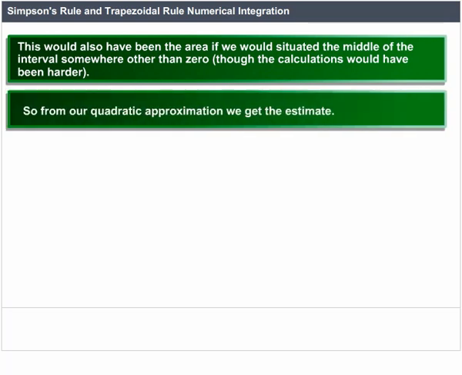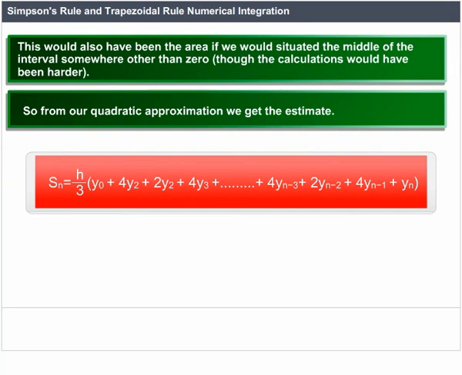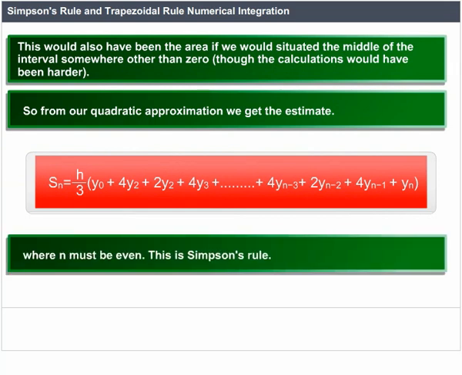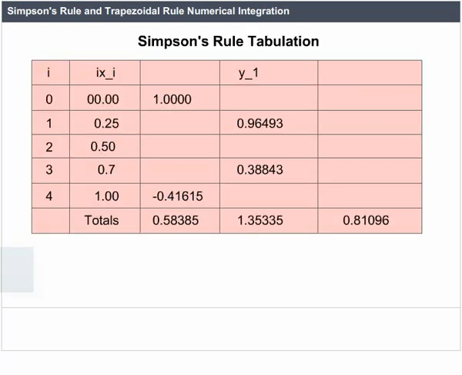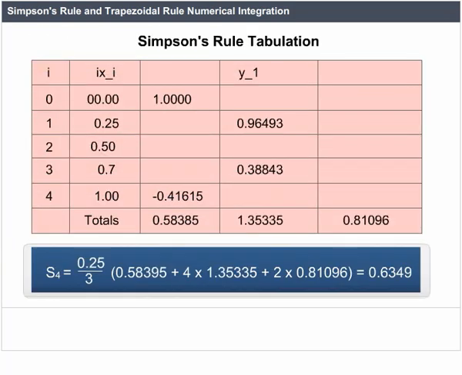So from our quadratic approximation, we get the estimate Sn equal to h by 3 times the bracket y0 plus 4y1, etc., at the end yn, where n must be even. This is Simpson's rule, as shown in the table. S4 equal to 0.25 divided by 3 into 0.58395 plus 4 into 1.35335 plus 2 into 0.81096